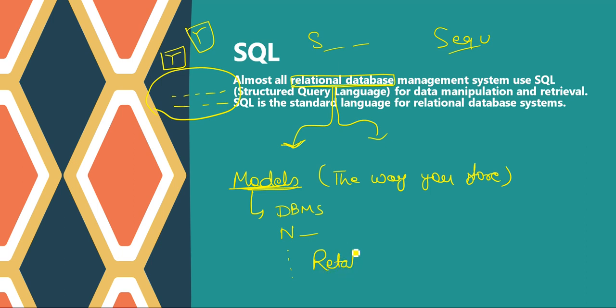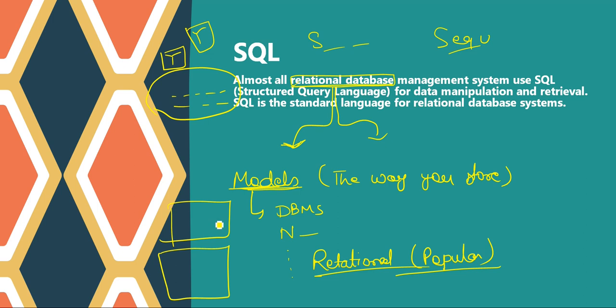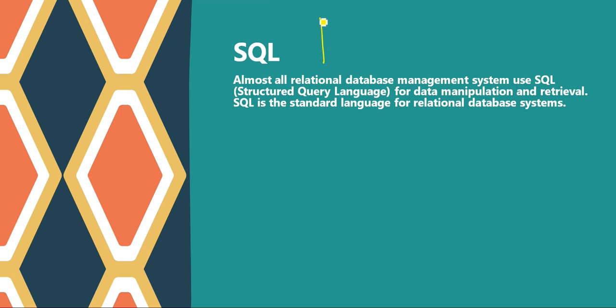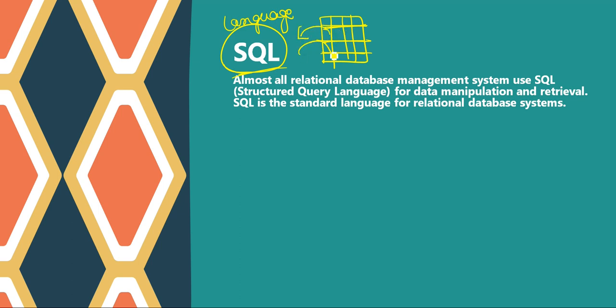So relational model is one of them, and it is very popular nowadays. The relational model stores the data in the form of tables. We have discussed this so many times, right? In a relational database, we store our data in the form of tables. And the SQL language came into the picture when we store our data in tables. This SQL language is used to retrieve or insert any data inside these tables, right?